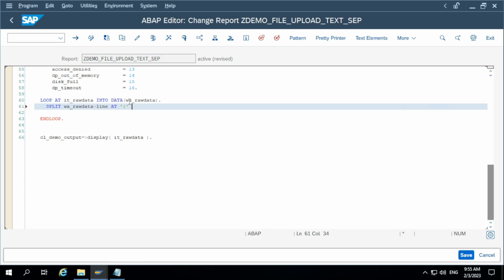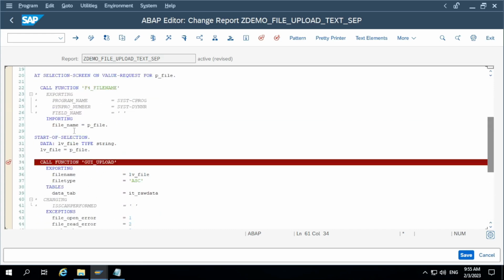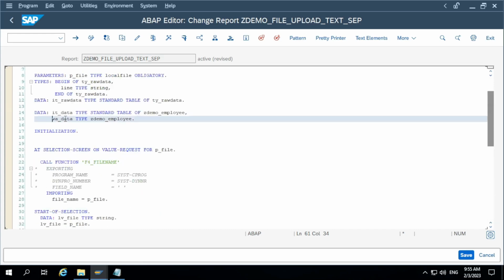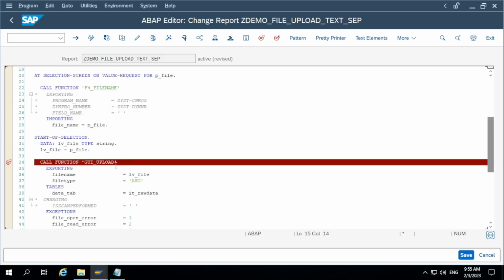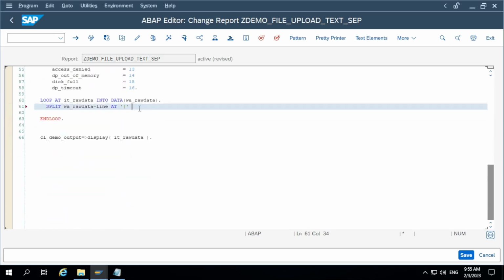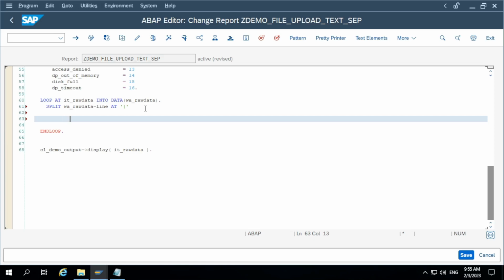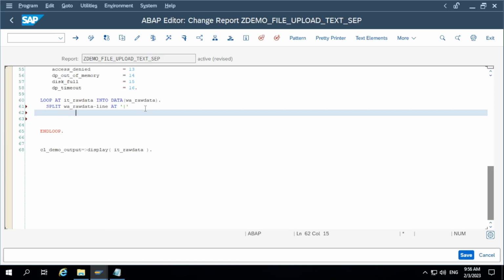Pass each individual value to the respective field. For that, we'll take this one, data, into